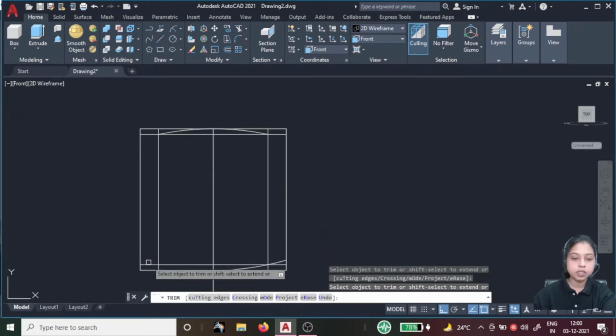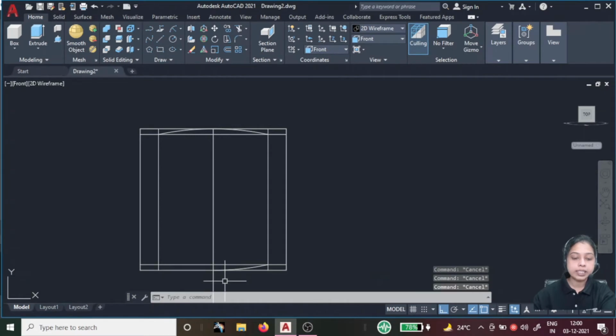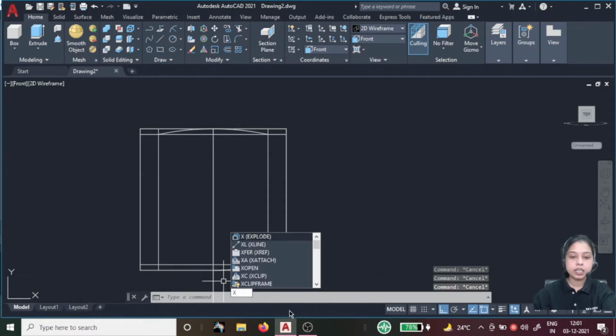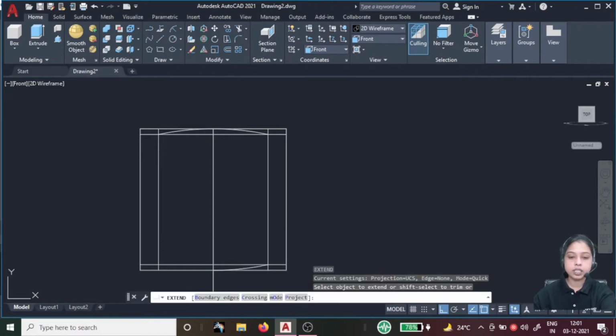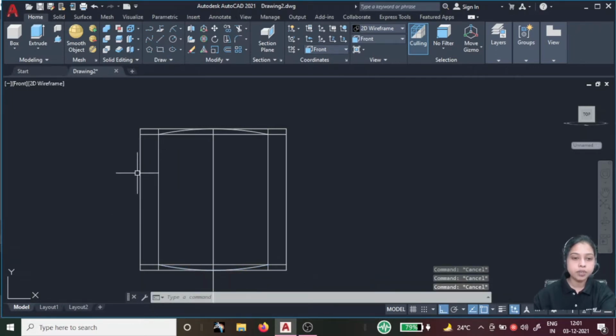Now it is trimmed, also trimmed, also trimmed. And now go for the extend, EX, enter, and select this one. We need only this much, and again we need to create a curvature from here.